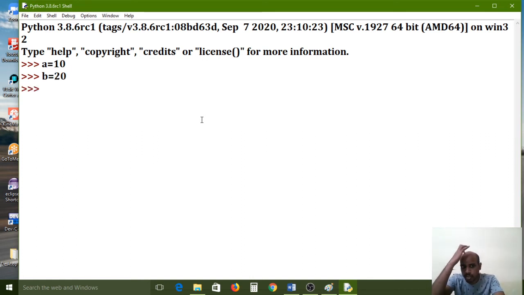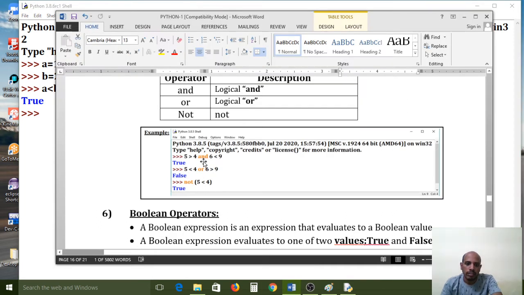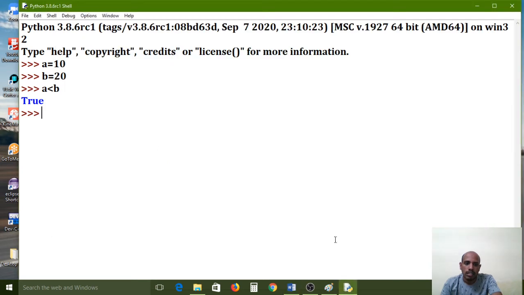These two are variables. Now I am using relational operators: a less than b is one expression. While coming to logical operators, 5 less than 10 is one expression, and here I am comparing one more expression.